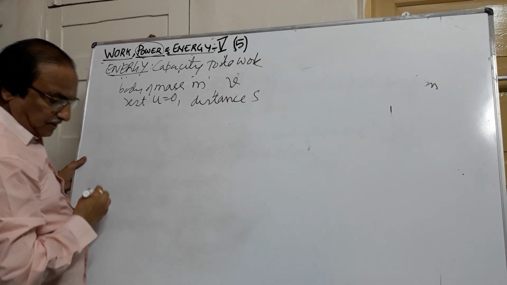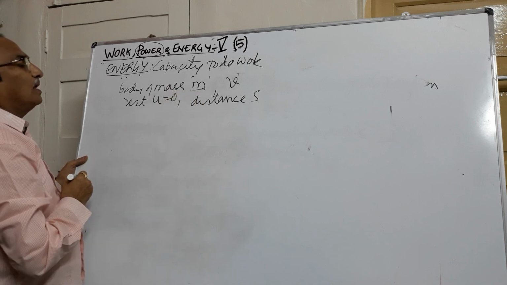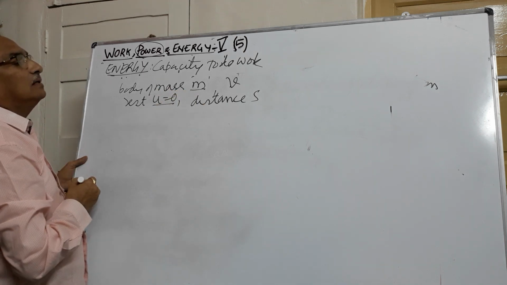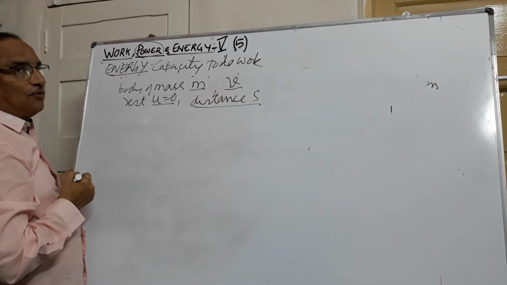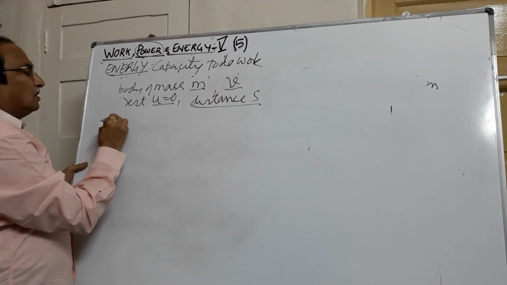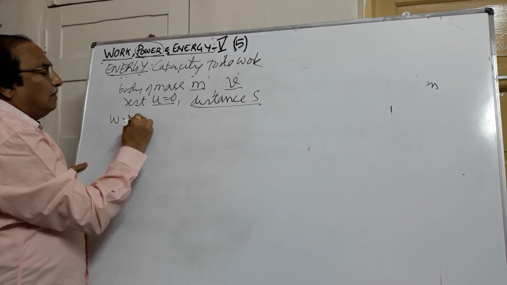So a body of mass m begins from rest, moves a distance of s, and will attain a speed of v. Then in that case, work done on the body,